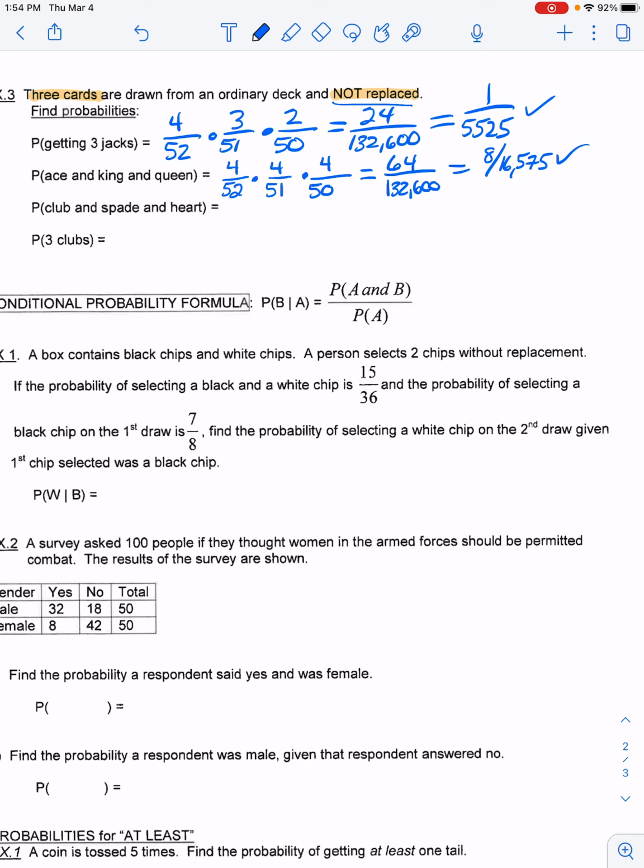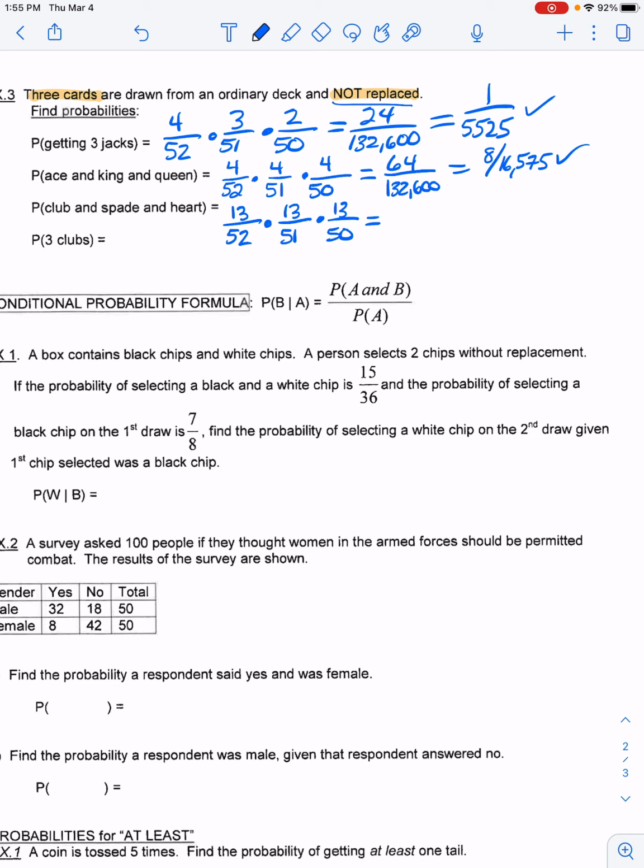Okay, moving along here. Club, spade, heart. So the different suits, there are 13. So there's 13 clubs out of 52. Take one, throw it away. 13 spades, but now there's only 51 cards left. Take one, throw it away. Hearts, there are 13 hearts, and now there's 50 cards remaining, because again, each time we are not replacing the